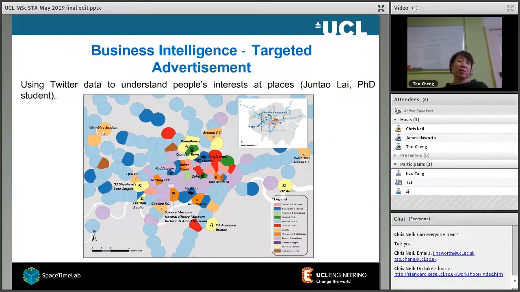The next one is something about business intelligence. That means we're dealing with all the data relevant to consumers. This is just a very simple example from another PhD student, who makes use of Twitter data to analyze people's interests around a public place, in this case a tube station. What's useful is that if we know people's major interest at a particular place and at a particular time, we talk about space and time, we can really make the